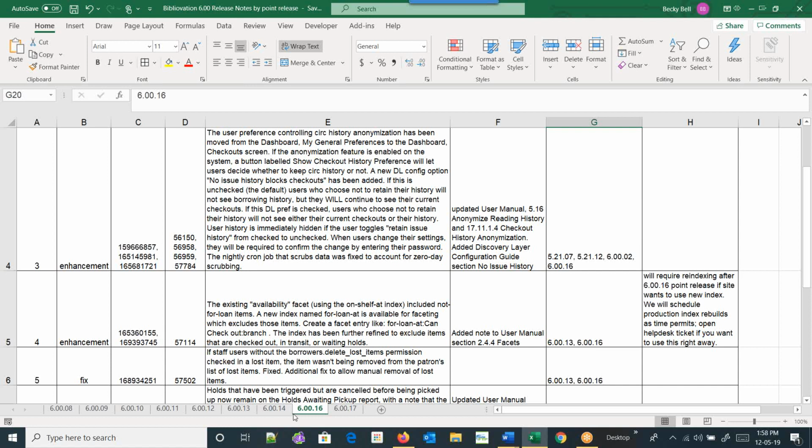That's because when they added the point release last time into the production site, they changed the version number to 6.00.15, but there really were no fixes or enhancements or new items that actually bear that particular number. So don't let that trip you up there.